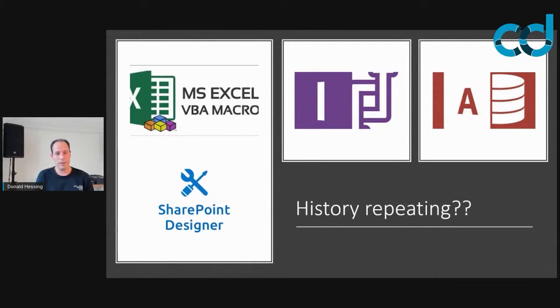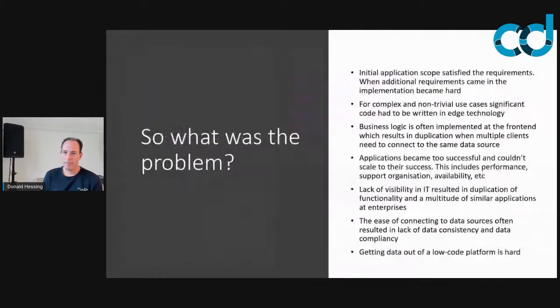The other reason we saw is that the business had their domain knowledge, and if they needed IT, they had to write down the requirements. Then the IT guy picked it up, and then he built something that hopefully came close to the requirements, but quite often, there was a significant gap between what the business wanted and what IT created. So with having these tools at hand, it was really beneficial for the business to directly develop something that they needed. But what is the problem with these types of solutions?